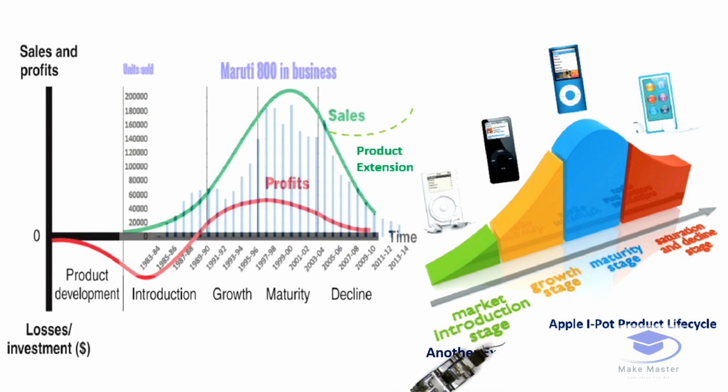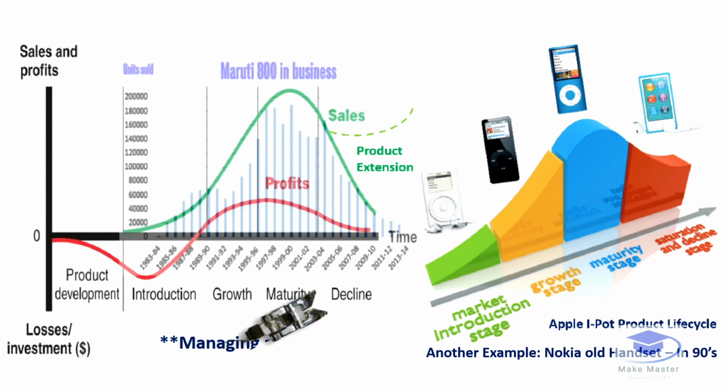Go through the profit curve from the product development and introduction phase. It is showing negative on the y-axis. That means more expenses for product development and launching the car into the market, advertising and making it popular. Gradually the curve moves into the profit zone in the growth and maturity phases. The profit is high in the maturity phase and sustained for some period. After that, the profit started to decline in the declining phase. After 2010, Maruti developed the Alto series of cars and started the next wave of products, which is called product extension.